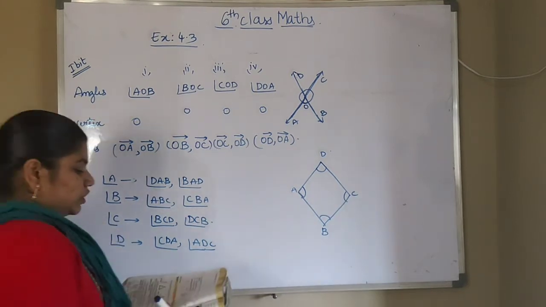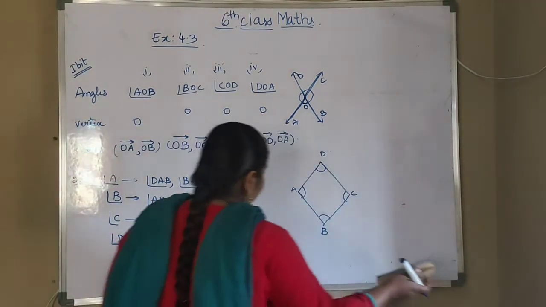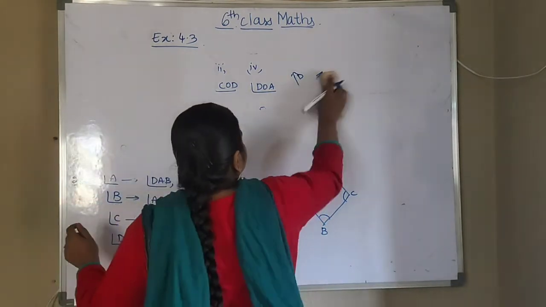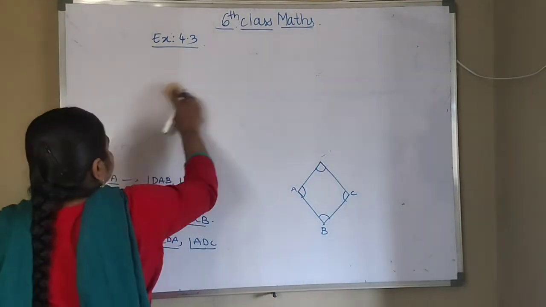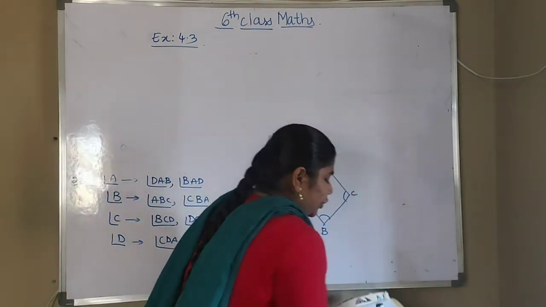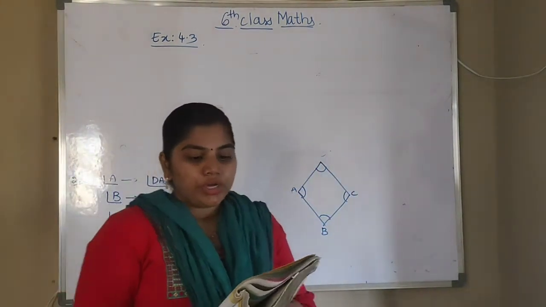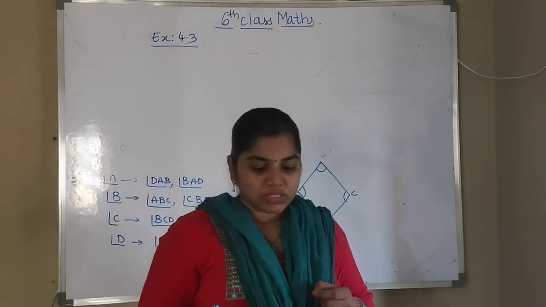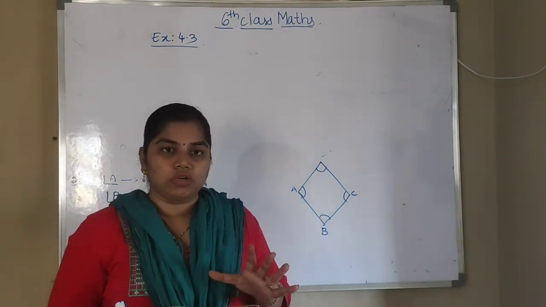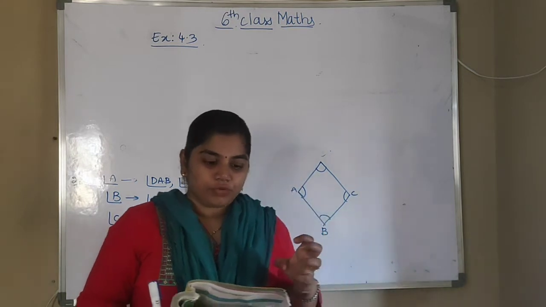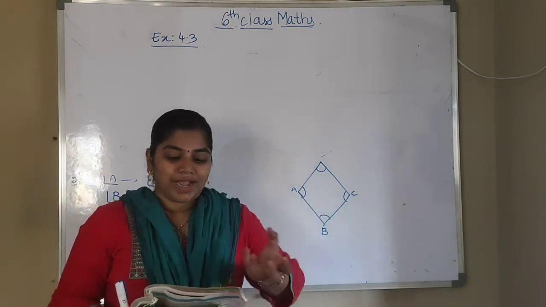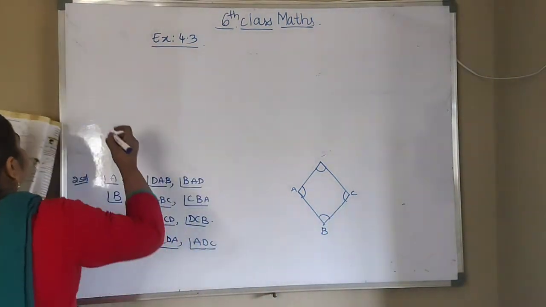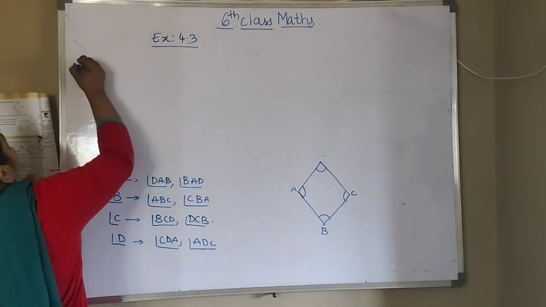Okay. So next is third question. What is the third question? Mark the points in the figure which satisfy all the three conditions. They have given the conditions and they have given one figure also. For that figure, by using those conditions, we have to mark in that figure. Okay, so how to do that, you see here. So first one in this.